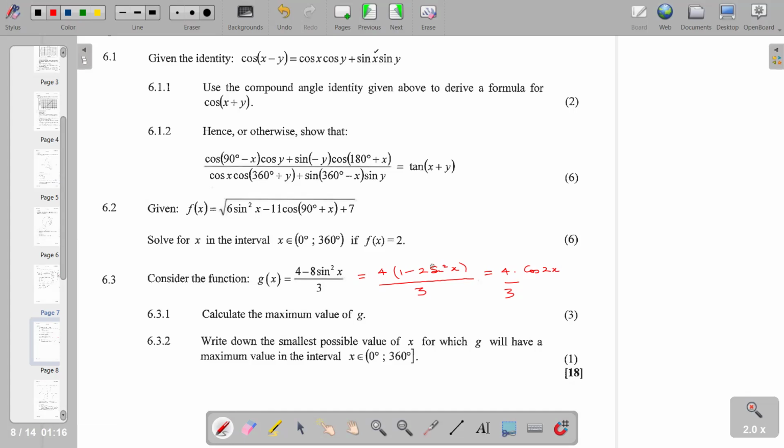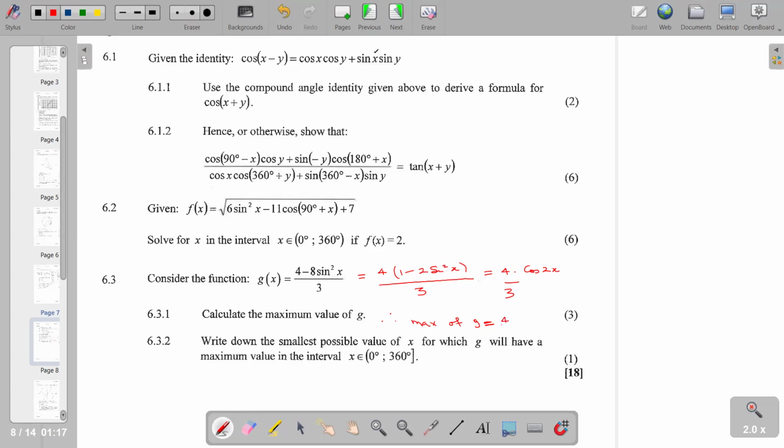So if we check in this particular case, this coefficient of our trig ratio helps us with the maximum. So from here we can conclude that therefore the maximum value of G, therefore max of G must be equal to